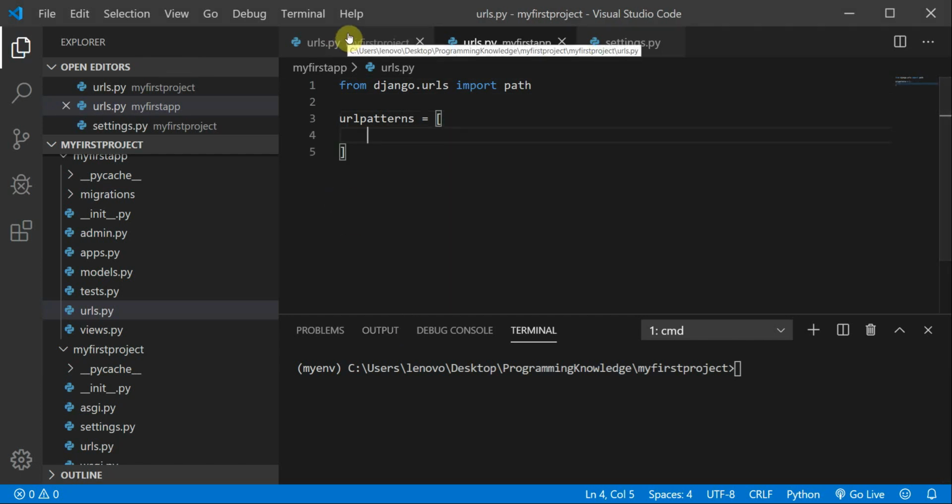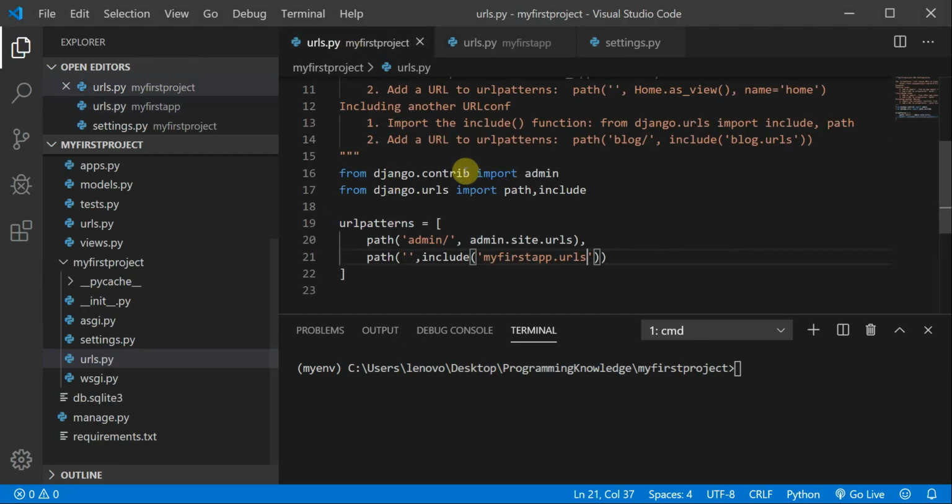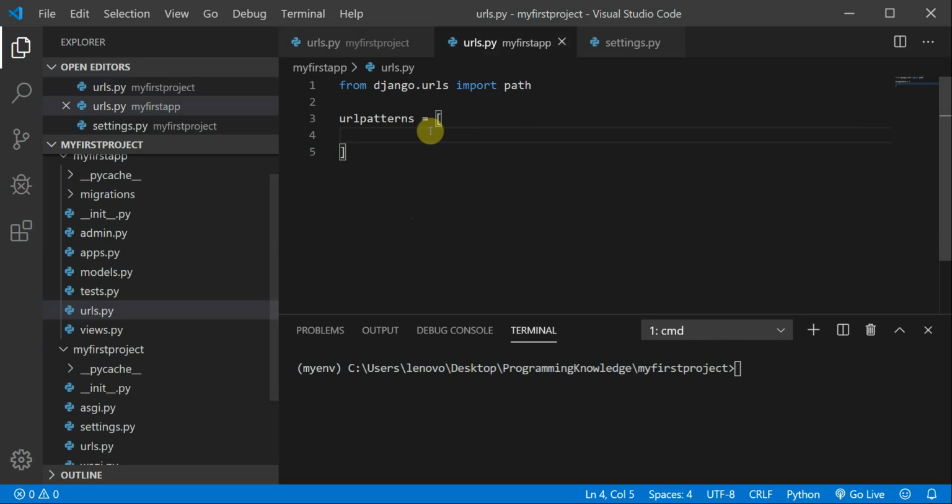Okay, so this looks pretty much the same as this also, because here you can see they have included this from django.urls import path as well, and urlpatterns is the list. So this looks pretty fine here. Now I would define the first path to be this, but before that I want to tell you